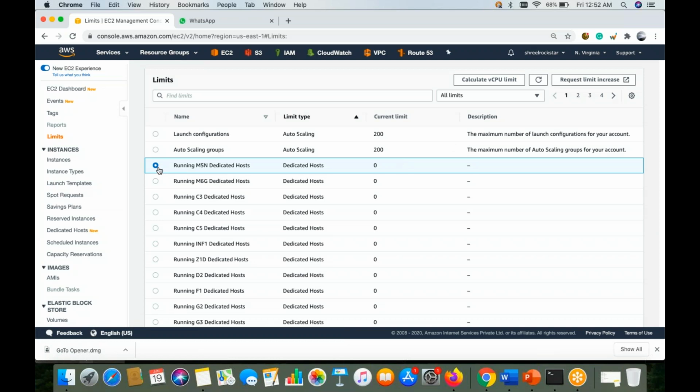By default every service, every resource has a limit. Why? Because after a certain level you should get a limit error or limit notification if someone hacked your account. Maybe he spins up 200 plus instances in a night. So before reaching the limit, you can get to know that something fishy happened with my account, so that you can raise a request or just block it at the same time. It serves that purpose, and for costing purposes also you can manage these things.